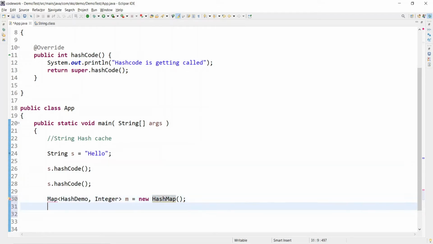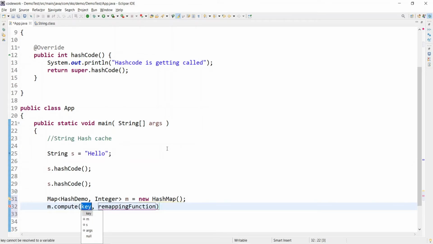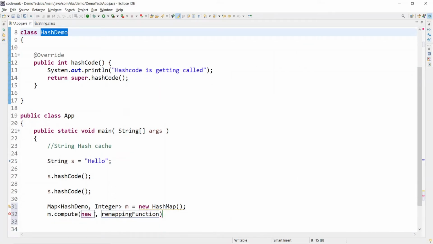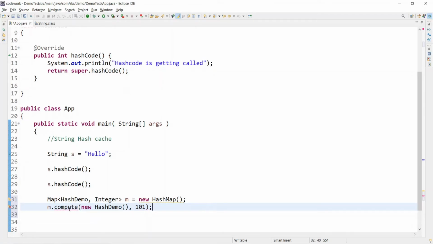And thereafter m dot put, and let's put the key as a hash code. So let's say new, and I am creating the object of this HashDemo. And here let's put the value as 101.